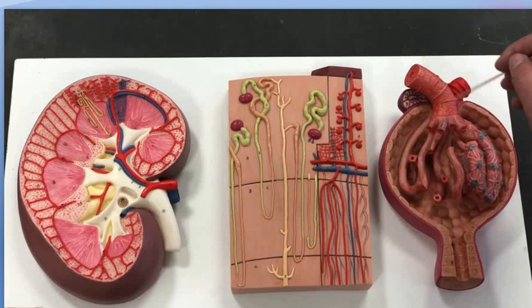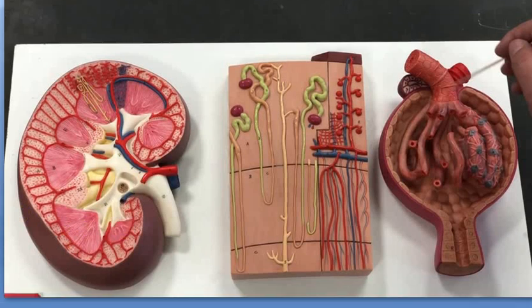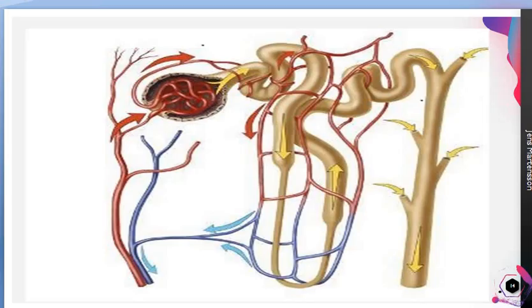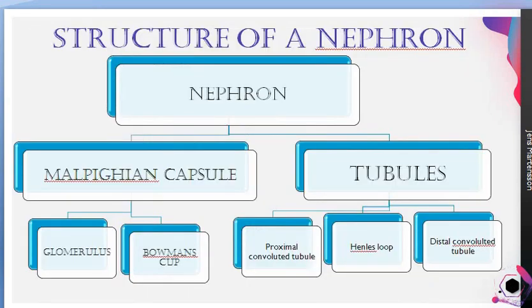Okay, about this we have studied. Now we are going to learn the structure of a nephron. This is one single nephron. You can see that long tubule. So we can call this nephron a urinary tubule. Nephron, urinary tubule, or kidney tubule, all are the same. A nephron is composed of two major parts, two major segments.